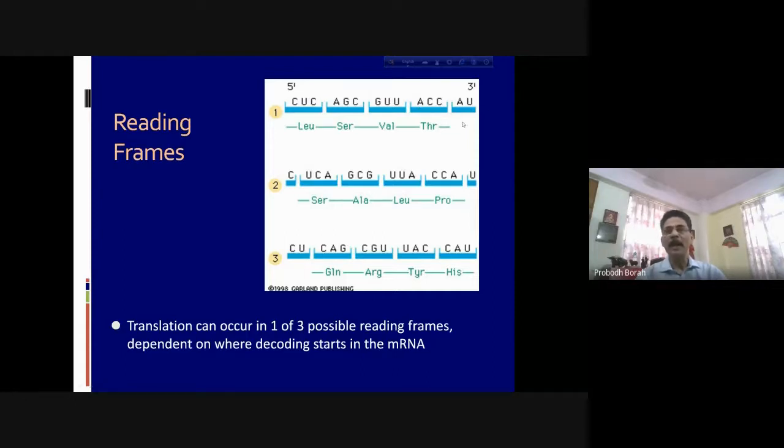While it is being translated, when the ribosome reaches the stop codon in the messenger RNA, there will be stoppage of adding more amino acids to the peptide chain. But an amino acid sequence consisting of only four or five amino acids